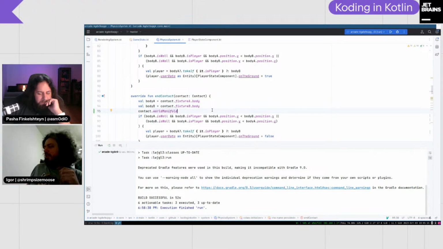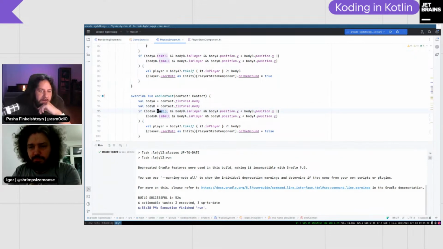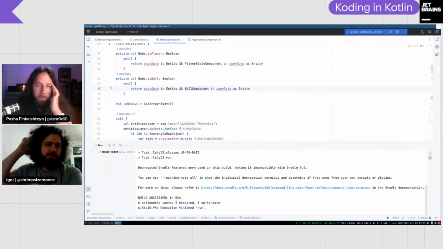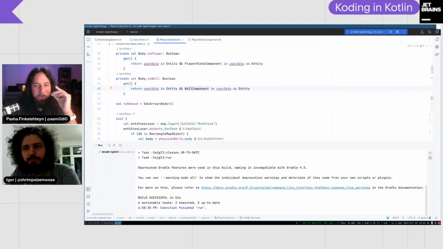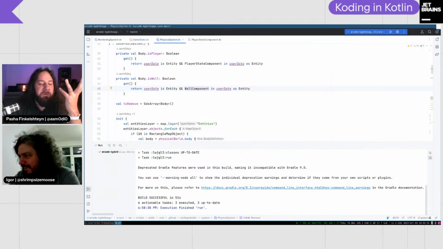So what I was thinking is that we can try to understand that we're touching the wall. If we're touching the wall, what is the wall here? You can control click isWall. It's just an extension method. We check user data of the body. Is the floor the wall or not? Yes, they all are the walls. That's not cool. And I don't know how to distinguish them programmatically when I create them. They're just rectangles for me.